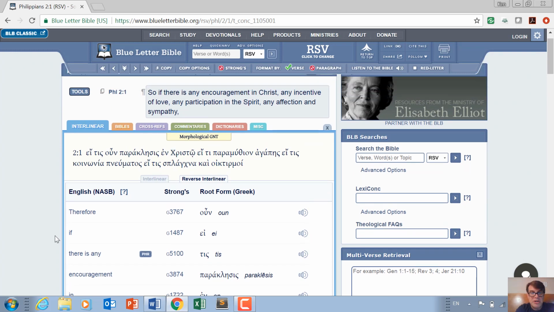If there's some consolation of love, if some fellowship of spirit, pneumatos is a ma noun. The ma nouns are all neuter. This is genitive singular. Fellowship of spirit. If some fellowship of spirit there is, if some splunkna, if some bowels, if some guts, if some longing and mercies,